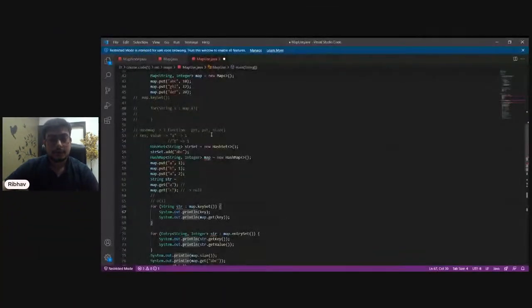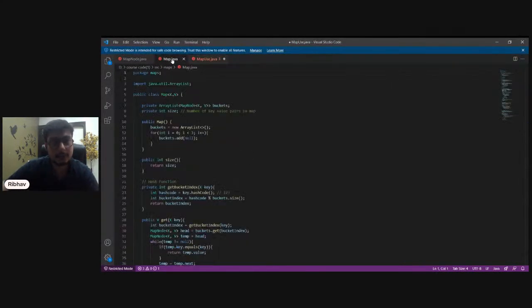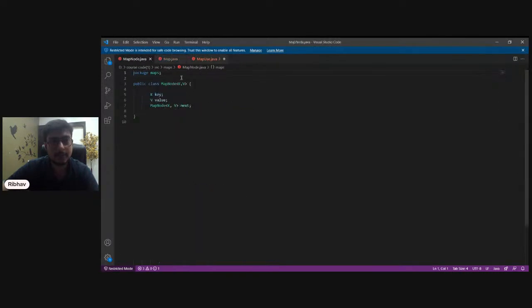So let me just share my IDE screen. So essentially, as we saw, that map is supposed to be a generic class. We'll first make a map node, which contains a key, K comma V. K denotes the type of key.